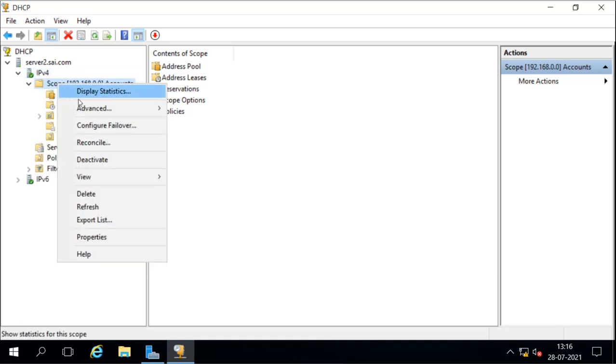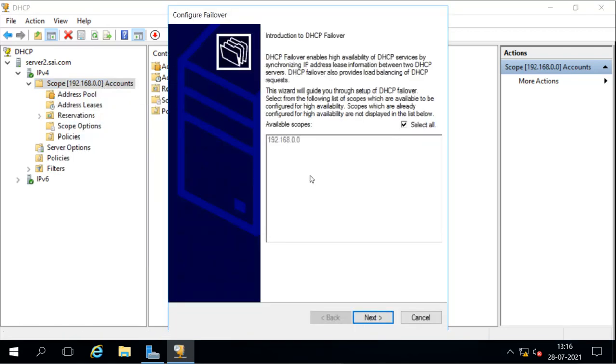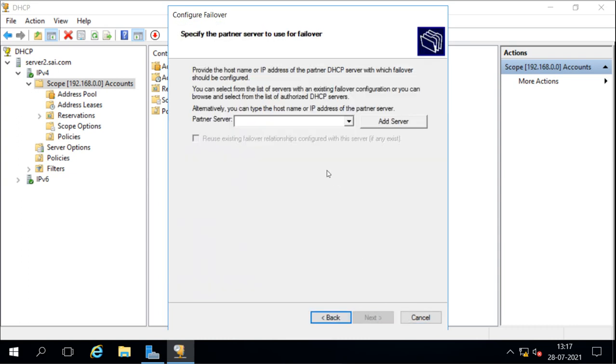It asks which scope you want to configure for failover. If you have multiple scopes, you can select them one by one, or select all scopes. Then go next. Now here you have to select the partner server which can be used as a failover.